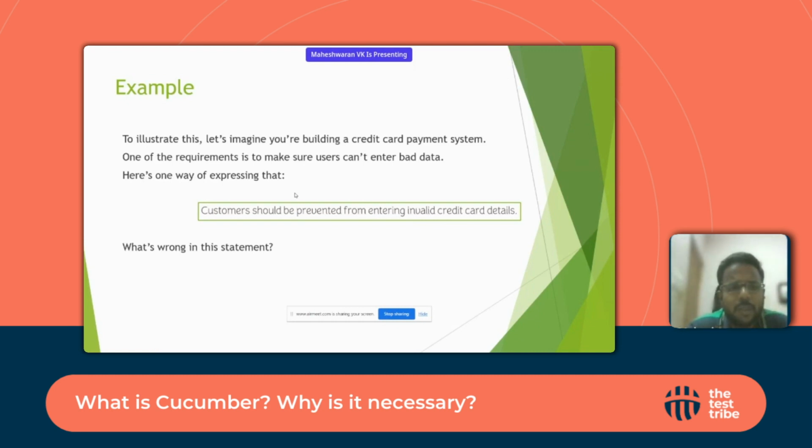One of the requirements is to make sure that when we are making a system, the user cannot enter bad data. So how can a business analyst or a product owner say that? Let's imagine: customers must be prevented from entering invalid credit card details. So if this is the requirement which we have from the customer, or from the business analyst who works as a bridge,